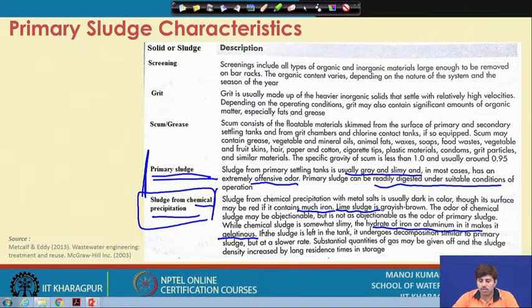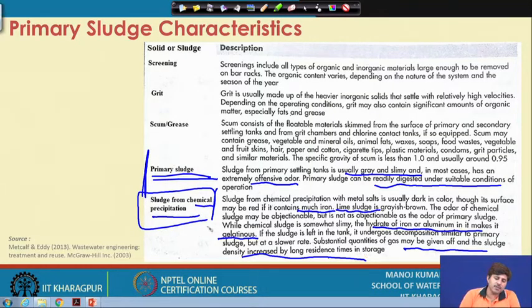Now, this material which settles could be gelatinous, and particularly with the addition of lime we can form gypsum as well. These things also can settle, and the quantity depends on the dose of the chemical being added and the amount of metals being precipitated. So, what is the TDS of the system? How many dissolved metals are there? They can be removed for the purpose.